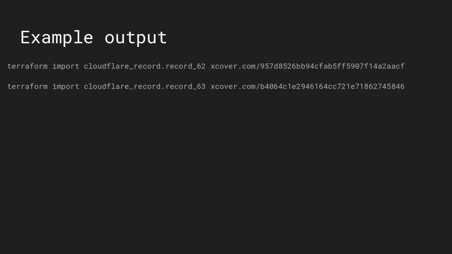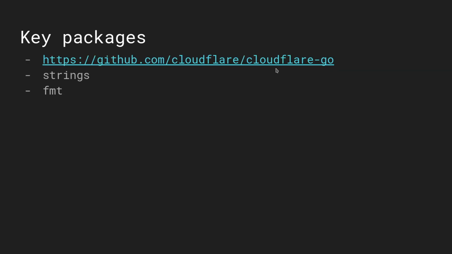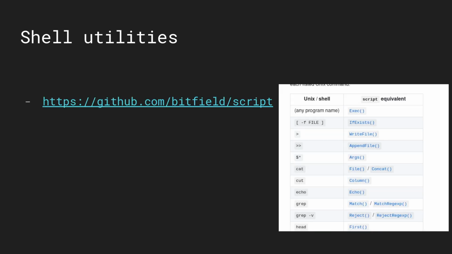And this is an example of the Terraform import commands it would generate. Five minutes, all right, okay. So key packages: Cloudflare Go, strings, and fmt. Now, miscellaneous. So one of the things I think I initially wanted to discuss or make this talk about, but